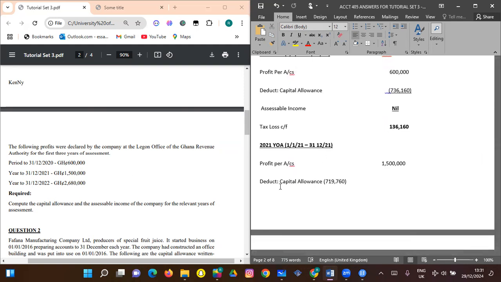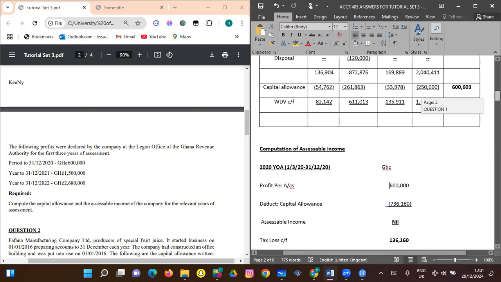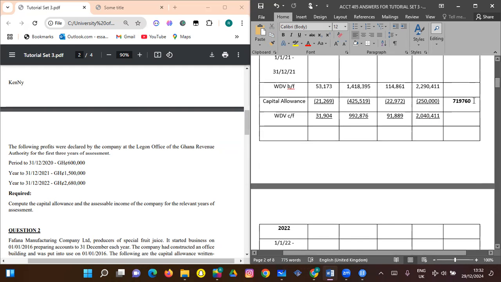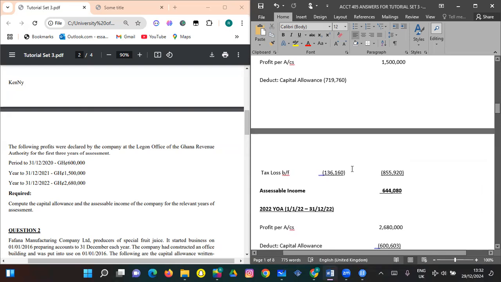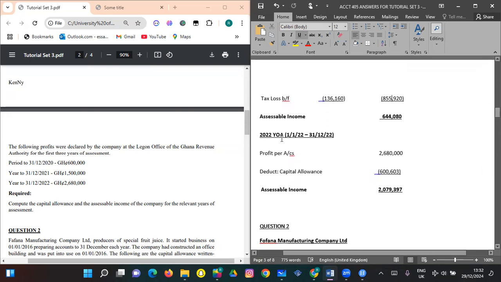Our next year's profit is 1.5 million. Then we deduct our capital allowance for that particular year, which is 719,760. Then we bring forward our tax loss, the loss in the previous year. This will be our total deductible amount. So we deduct, and then we get an assessable income of 644,080. Then for the year 2022 year of assessment, our profit is